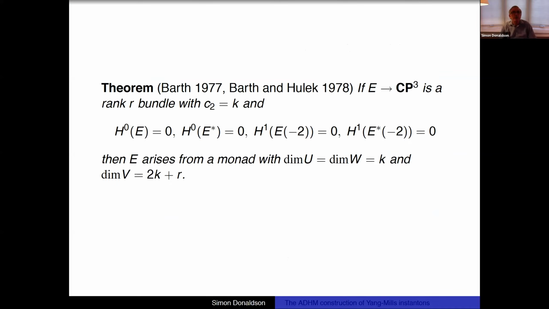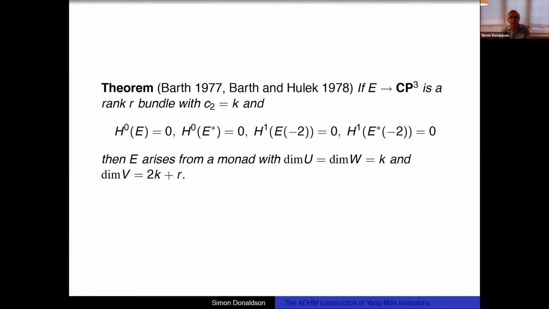So the relevant theorem, where this brings these monads to the fore, is a result of Barth. Well, it's attributed to Barth by Atiyah. In the references I gave, a more detailed proof appeared in a paper of Barth and Hulek in 1978. And it says that if we have any holomorphic bundle over CP3, which satisfies certain vanishing conditions on its cohomology,